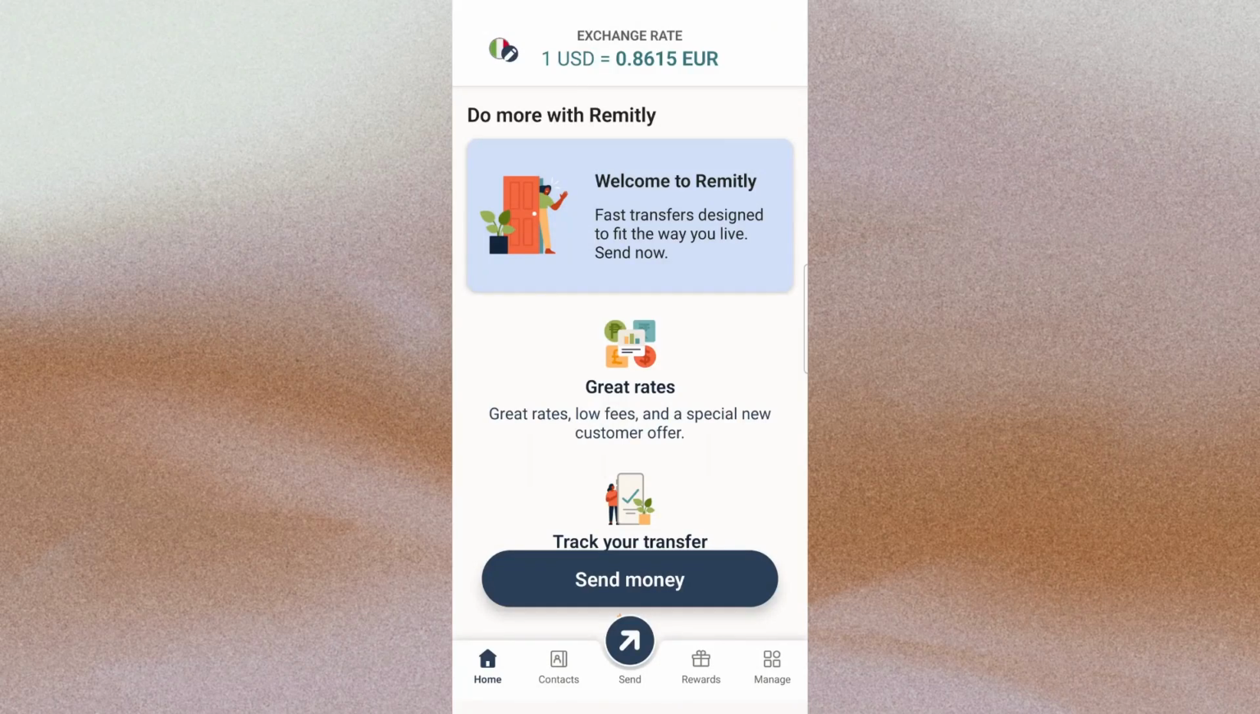In today's video, I'm going to teach you how to send money from the United States to Kenya on Remitly. To get started, open the Remitly app and sign into your account. If you're new to the platform, go ahead and create an account first, then complete any basic setup that Remitly